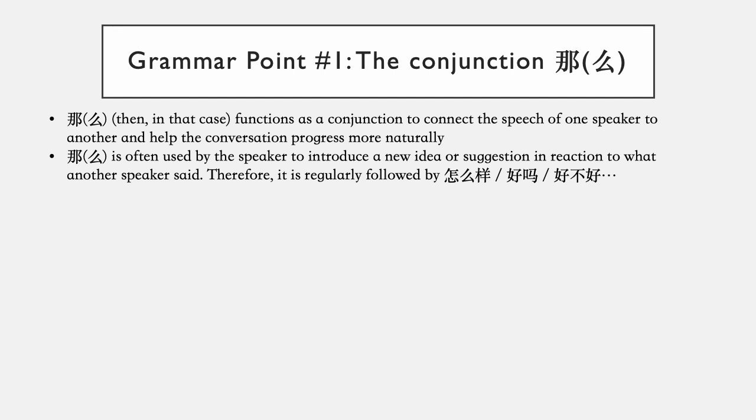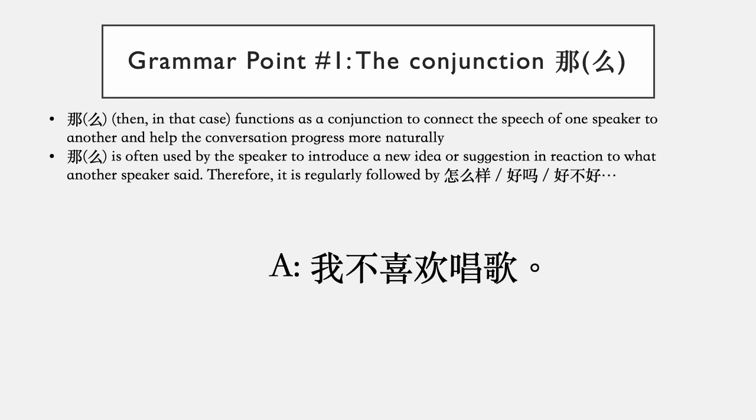So na or nama, as I mentioned, is a conjunction, and it connects the speech of one speaker to another and helps the conversation move along more naturally. So nama is often used by the speaker to introduce a new idea or suggestion in reaction to what another speaker has said. Therefore, it's oftentimes followed by 怎么样？好吗？好不好？